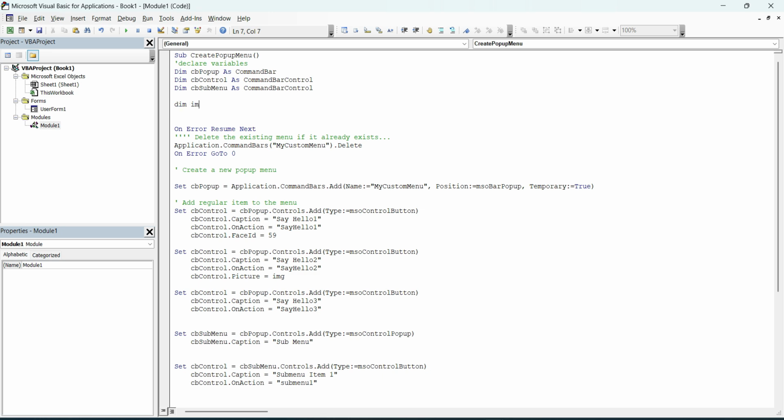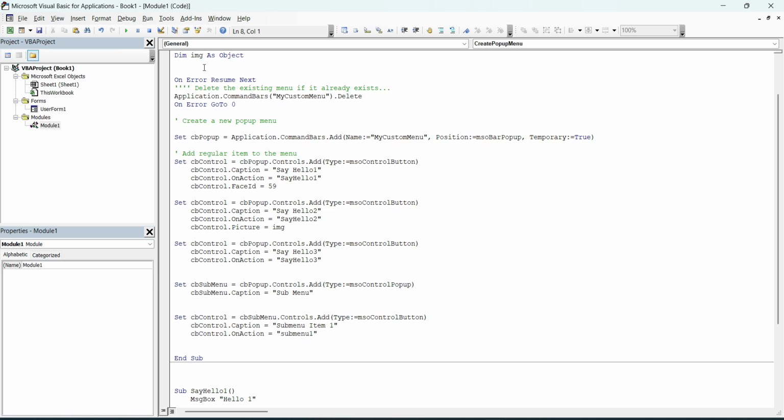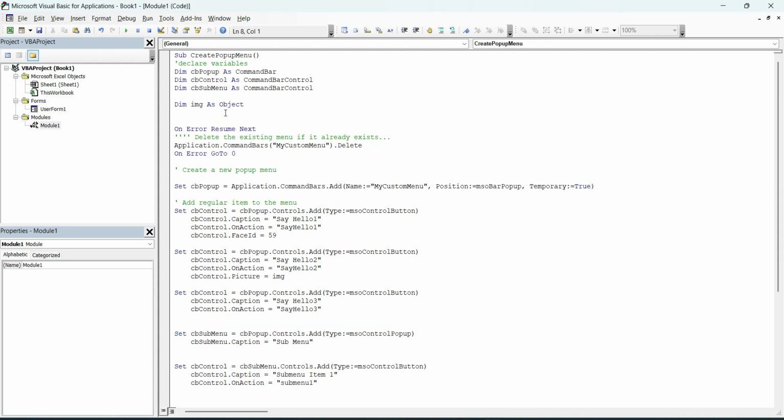Dim img as Object. You need to create it as an object only, and you can load the image in this variable, and then after you can assign it to the menu item. Let me show you. We are going to assign this like Set img equal to LoadPicture, and then inside we are going to give a path of a file name that we want to show as an icon.